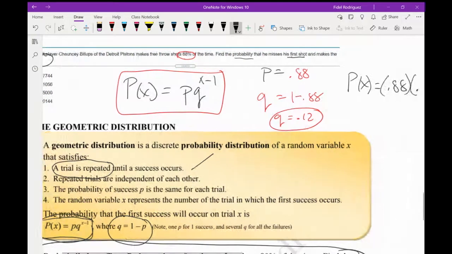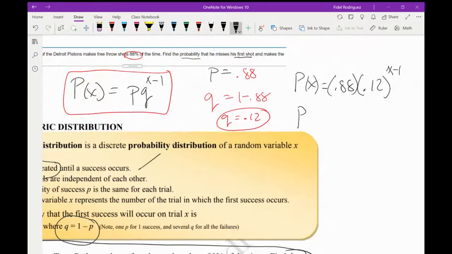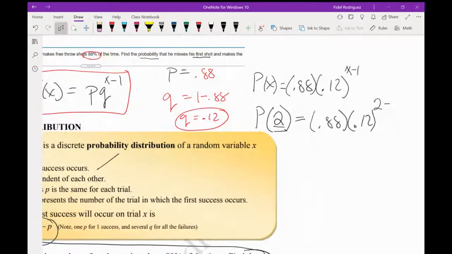He makes it on the second. So if he makes it on the second shot, that's all I'm concerned about. That tells me my variable X is the number 2. So I write 0.88 times 0.12 to the power 2 minus 1. So this is 0.88 times 0.12 to the power 1, the same thing as